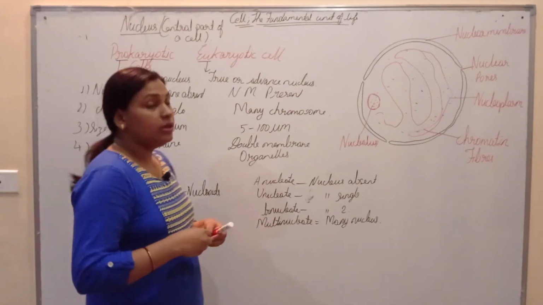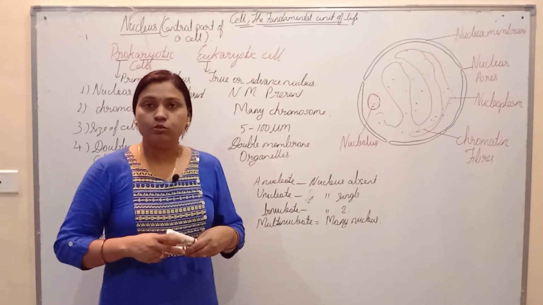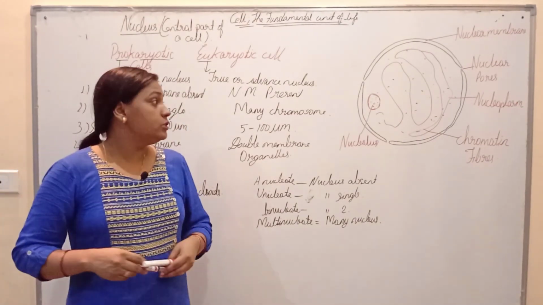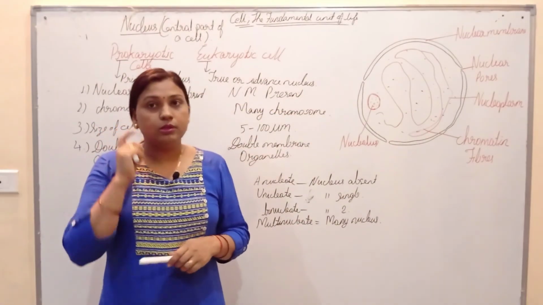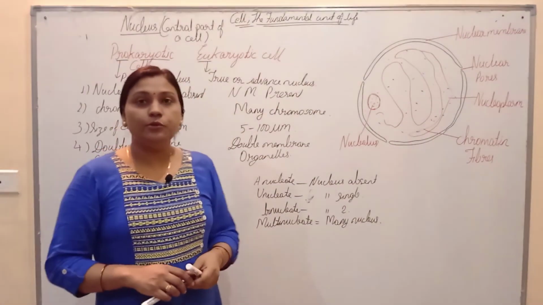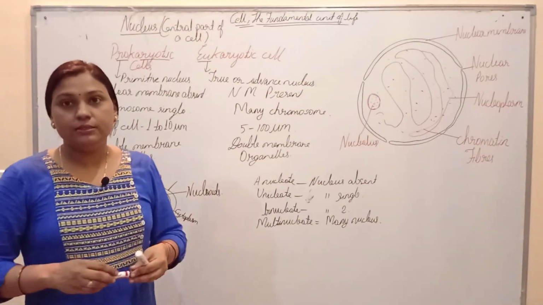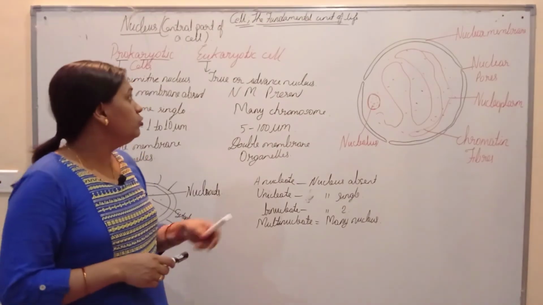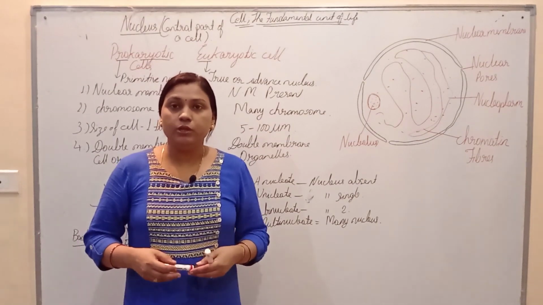So in this way we have seen that the nucleus is the central part of the cell and also the brain of the cell, and it performs cell division and produces ribosomes. On the basis of the nucleus, cells are divided into two: prokaryotic cells and eukaryotic cells. Prokaryotic cells are generally found in bacteria and blue-green algae, while eukaryotic cells are found in most plants, animals and human beings.